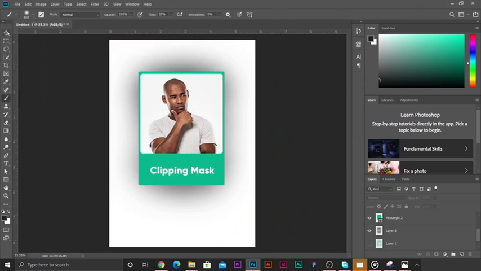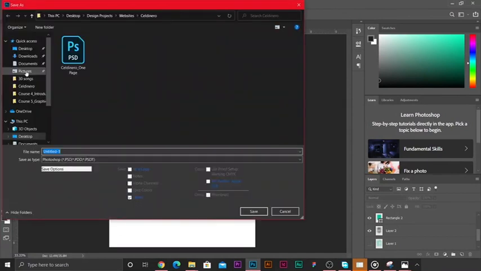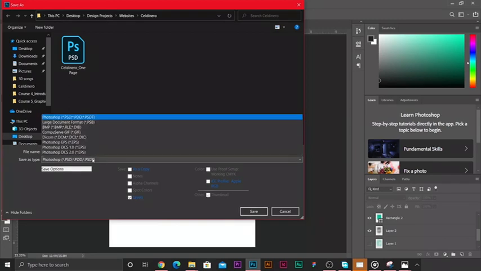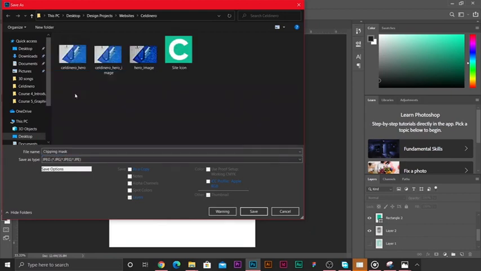So when you're done, you can either snap the screen and send to the group, or you can go over to the file here, scroll down to save or save as. Let's try save as. Then you see here we have file name. We can just use the file name as clipping mask, and go to save as type. Instead of choosing Photoshop, you can now scroll down to choose JPEG. So you click on JPEG,